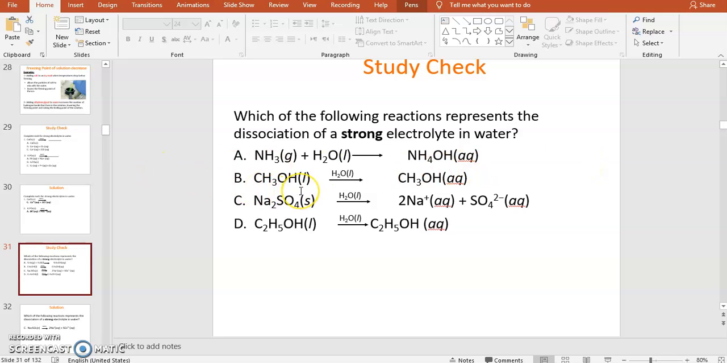So for example, B, we will exclude it, because if you look here, it's the same compound. So it means it's a non-electrolyte, it didn't dissolve. Same thing with D. Look at D, it's the same compound. So B and D both are non-electrolytes. So we now have A and C. We need to figure out which one is a strong electrolyte and why. So if we look at